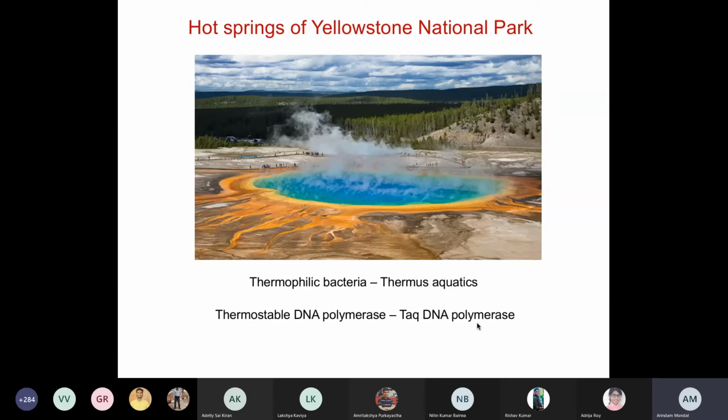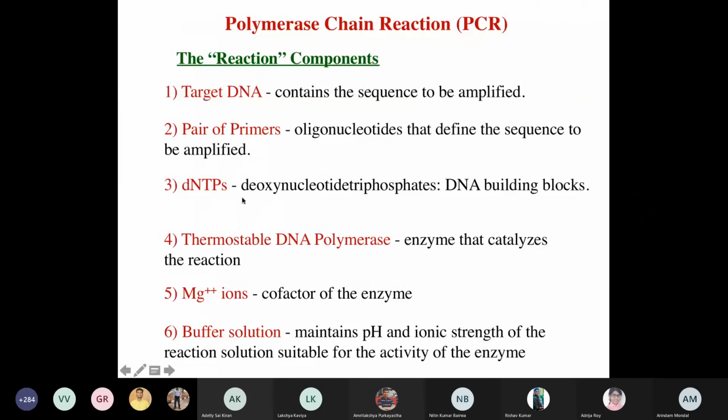Okay, so what they did is they used this particular enzyme to perform the PCR reaction. Not only that, after the initiation process, what was the next step of DNA replication? After the initiation? Attachment of RNA primer. Yes, synthesis of RNA primer by the primase, right?